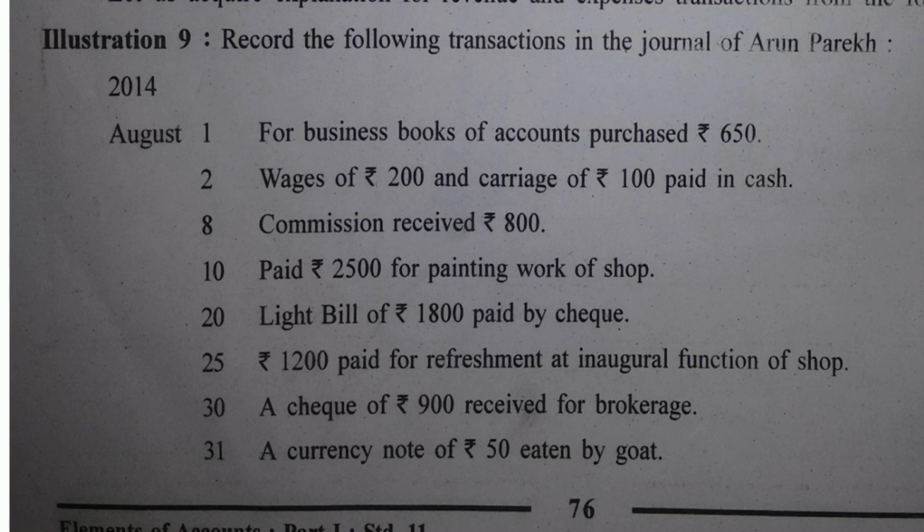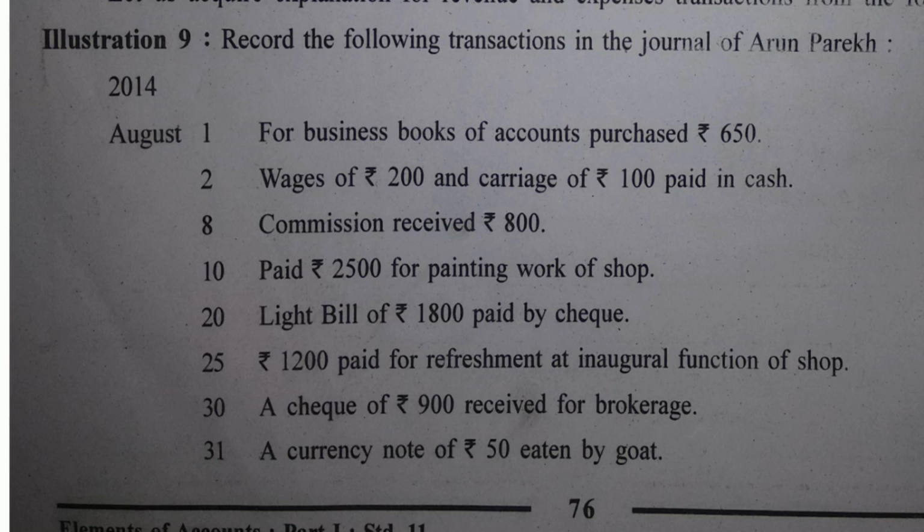Debit what comes in. So on 8th of August, the journal entry, cash account debit 800, to commission account 800. Firstly, commission is your income and hence it has been credited, and commission obviously is received in cash. The amount of commission is received. The word received indicates that it is a cash transaction. So cash account debit, cash comes in 800 to commission account. Commission income credited.